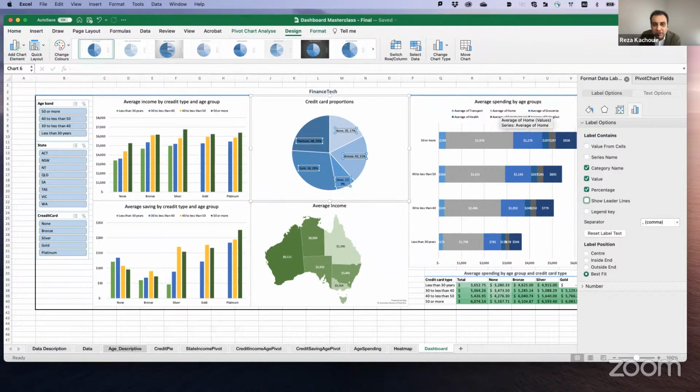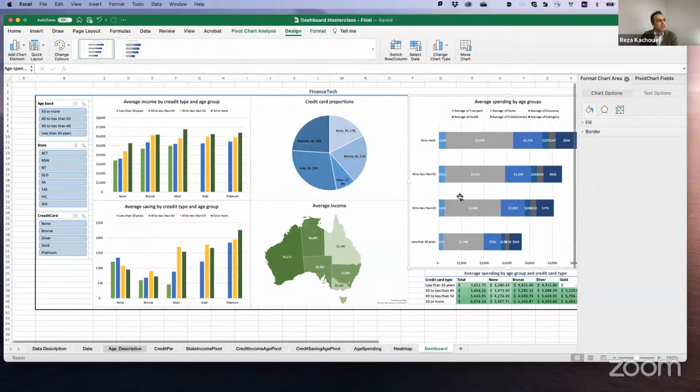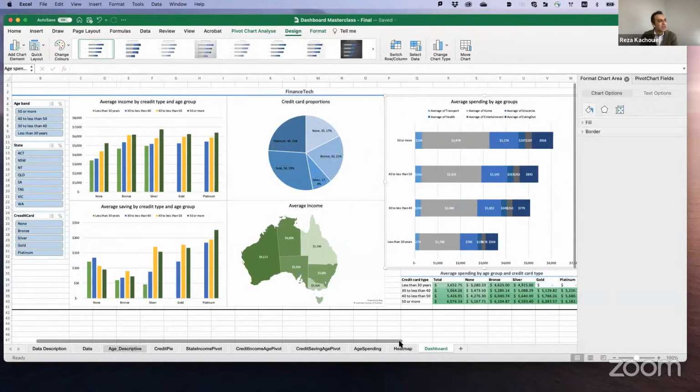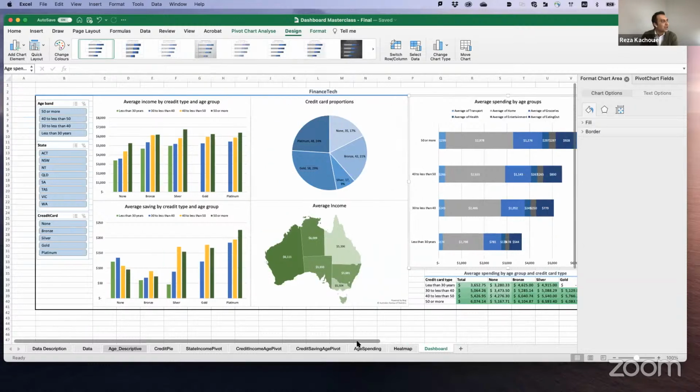Hopefully. Do we always need to label the axis? It really depends on the content. Here, for this graph, we don't need to label it because it is very clear. It is age. We say less than 30 years. So it is age. Or here I put average income by credit type, so I didn't need it. But most of the time, especially if you have different types of data, it is good to have it.